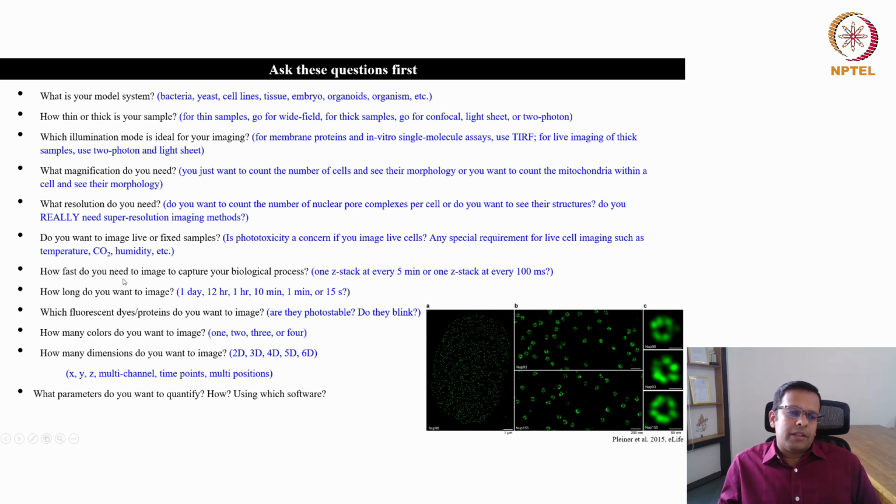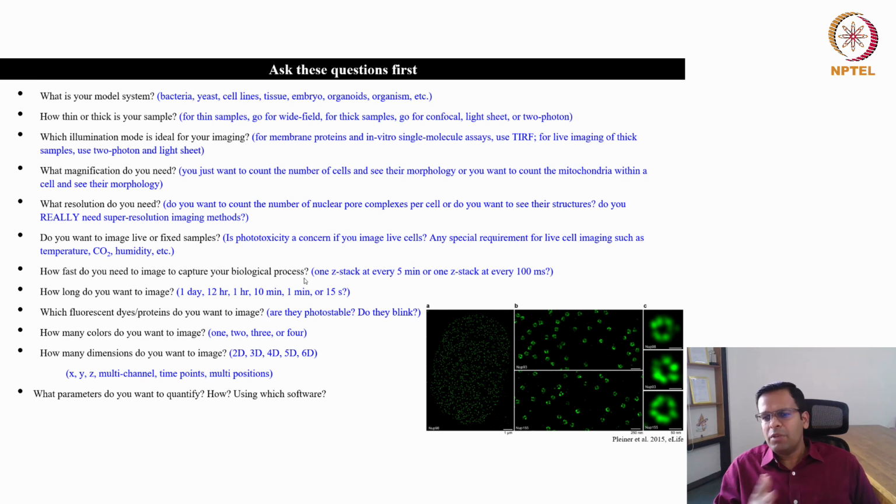Then you have to check how fast you need to image to capture your biological process. So how fast is the biological process that you want to image? Let's say I want to image a cell division, and cell division generally takes 1 hour. So that is a slow process.